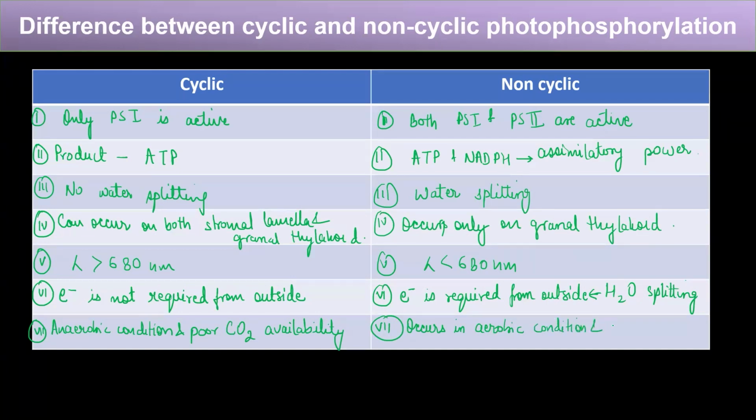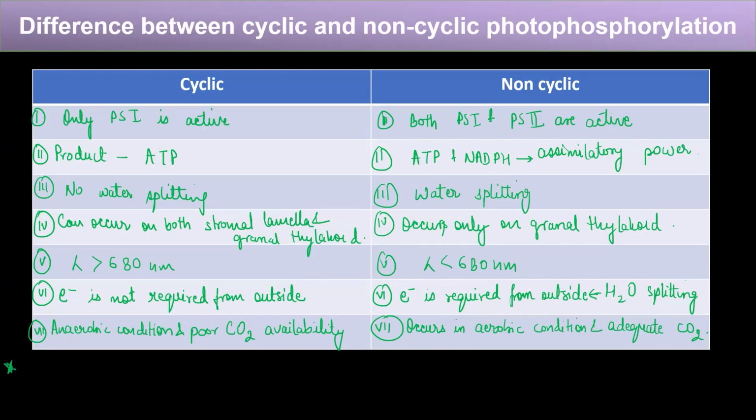And adequate carbon dioxide availability, adequate CO2, right? So in the presence of adequate CO2 and aerobic condition, this non-cyclic photophosphorylation takes place. So this is the difference. Now, one most important point that can be asked is, in the case of cyclic photophosphorylation, what is the